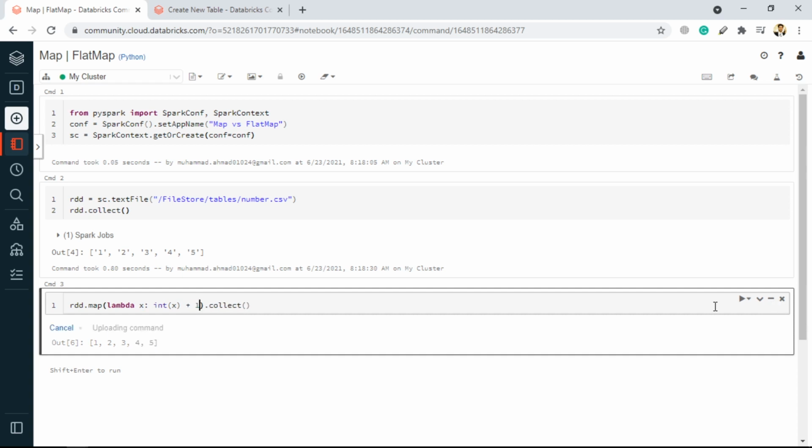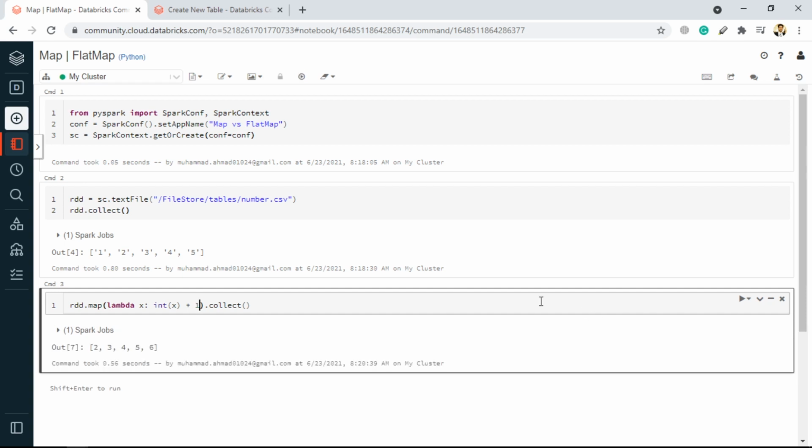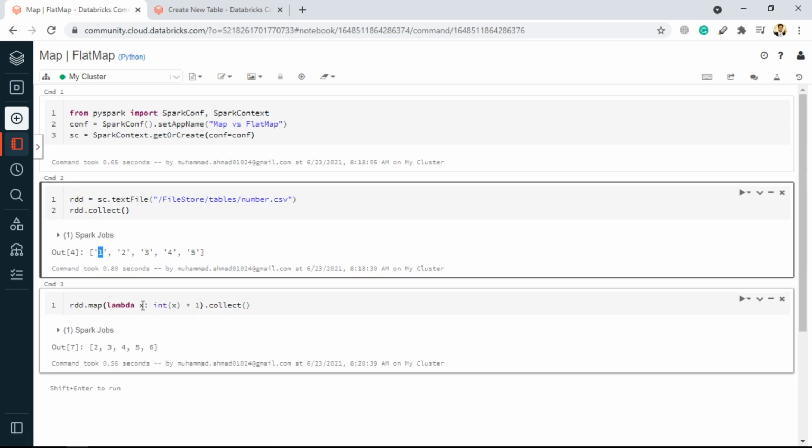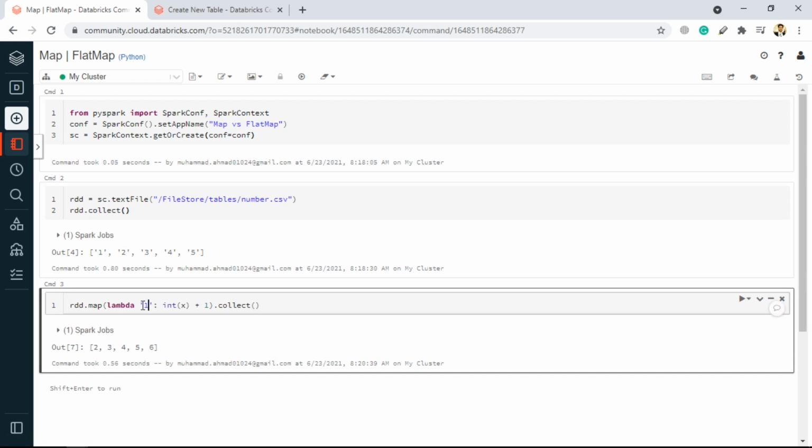It's that simple. What's happening here is, again, the first one is coming over here because this is the actual RDD. It is a string, then it is taking it over here as 1, converting it into integer 1, and when we do 1 plus 1, it returns 2, which is mapped over here.